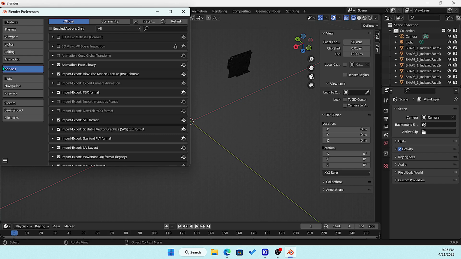Navigate to the screencast add-on zip file, download and select, click add-on. So